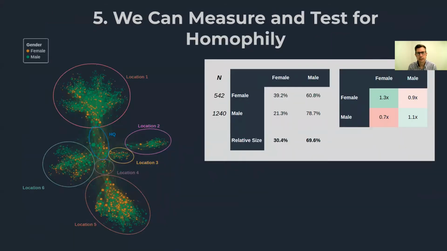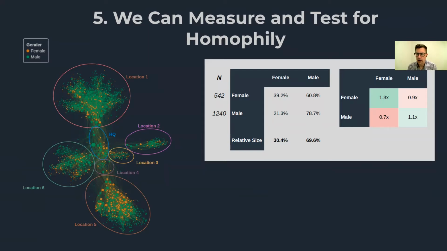The fifth example here is around measuring and testing for homophily. I won't go into how we test for that statistically, but I want to show you this example on the left-hand side, where this is an organization with a number of different locations, and we've sized the nodes here by the total number of incoming connections. If you just visually compare location 1 with location 5, you can see how different they are. In location 1, there's quite a lot of relatively large, that is male nodes with significant informal influence in that part of the network, whereas location 5 is much more even in terms of the distribution between males and females.